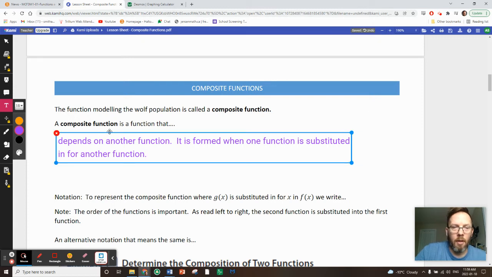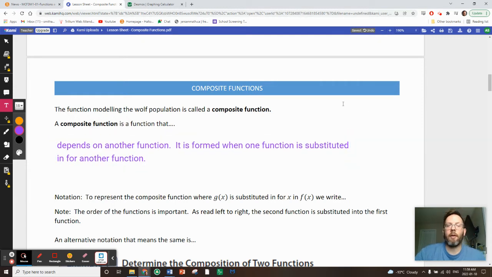All right. Now we're going to introduce some new notation for you guys. So in general, when you substitute a function g into x,